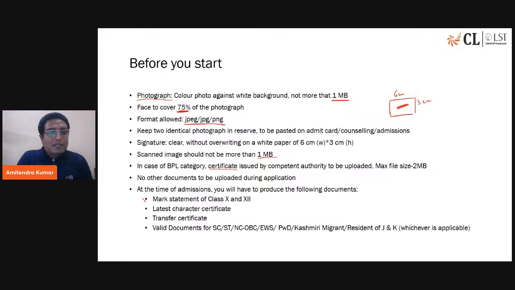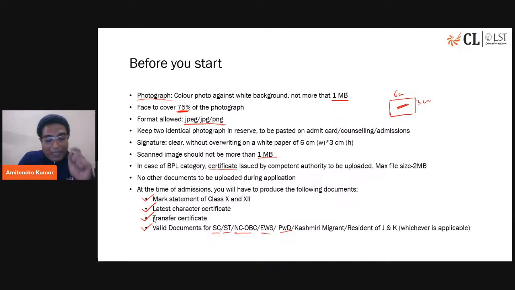At the time of admission, what are the documents required? Your mark sheets of class 10th and 12th, latest character certificate, and the transfer certificate from the school and the respective board. And if you are claiming reservation under any of the reserved categories, being a scheduled caste or scheduled tribe or NCOBC, EWS, person with disability, Kashmiri migrant, resident of J&K, whichever is applicable in your case, if you're claiming reservation benefit for that, those documents would be required at the time of admissions. So please